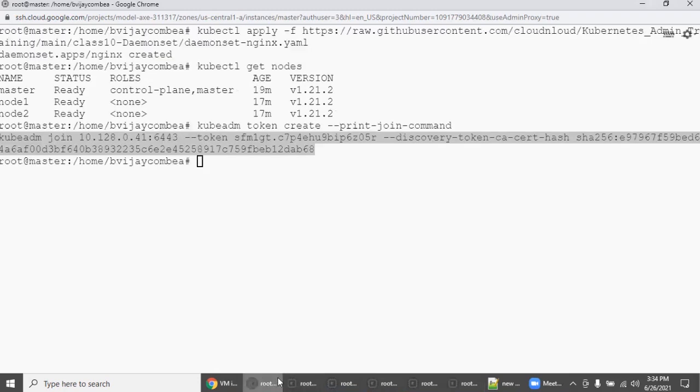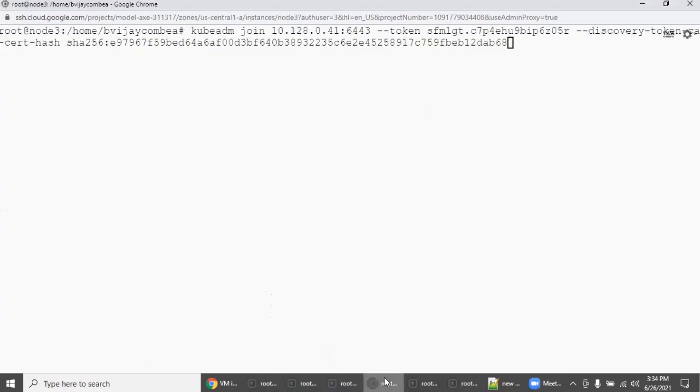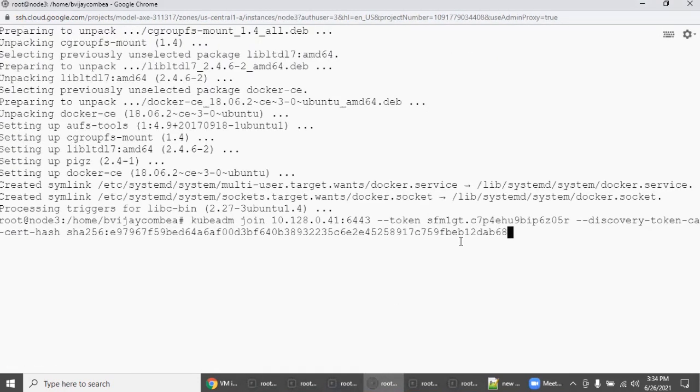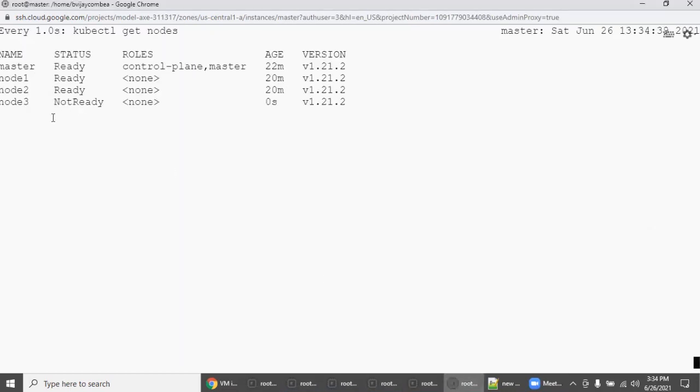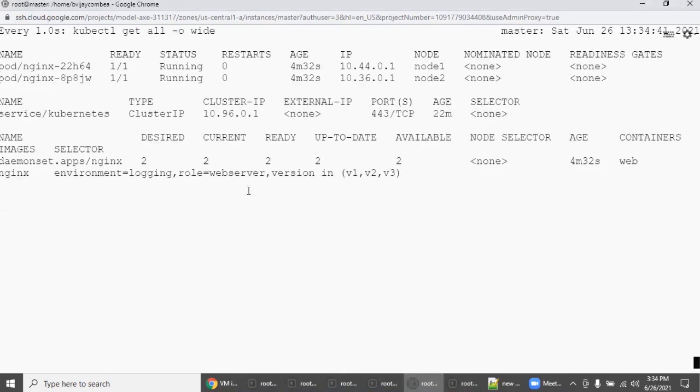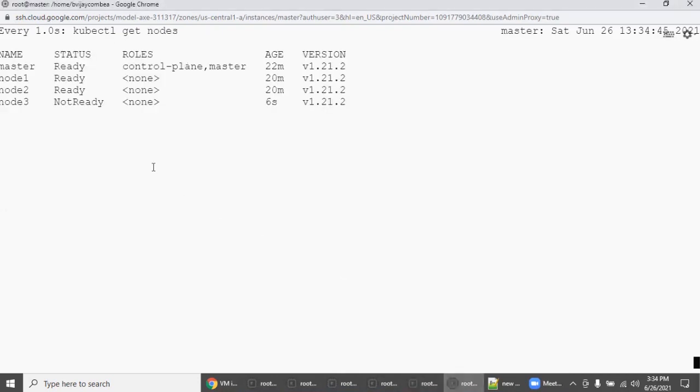Now we are going to enter this. Let's see. The moment you enter it, go here. See, node 3 is coming. The moment it shows as added and ready, the daemon set will also start deploying on the newly added worker node.